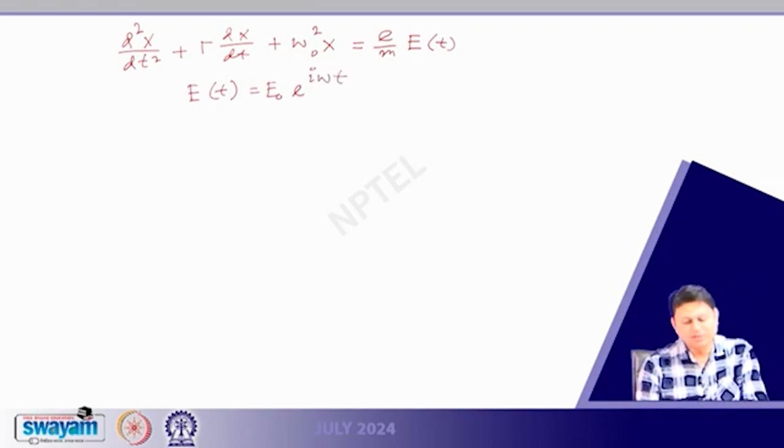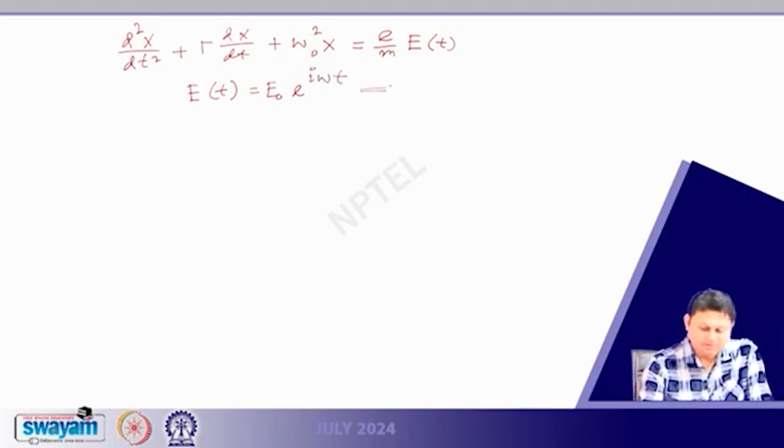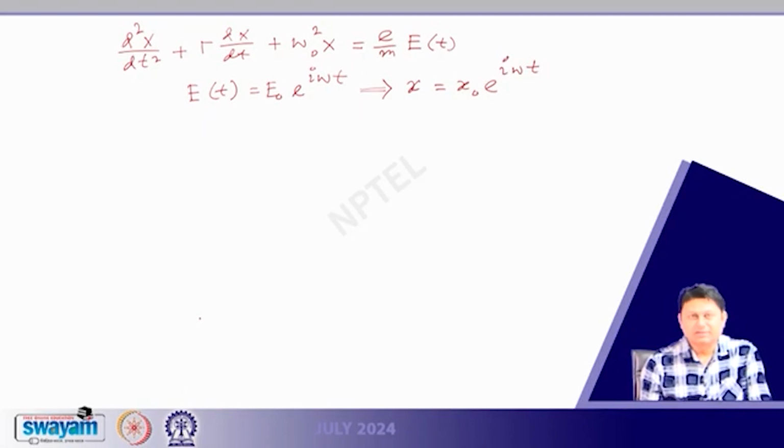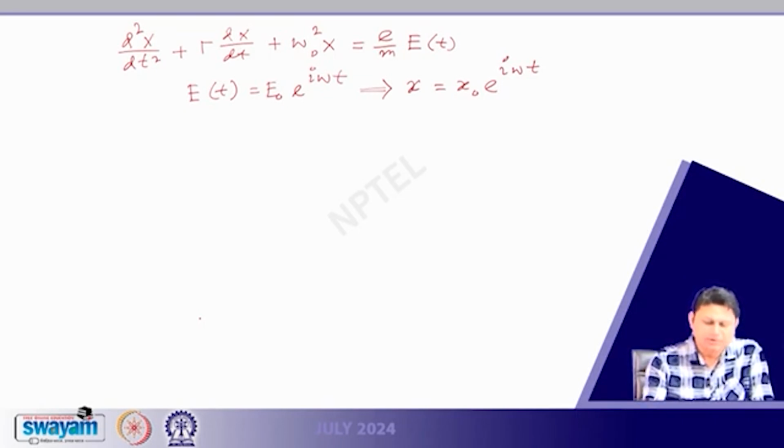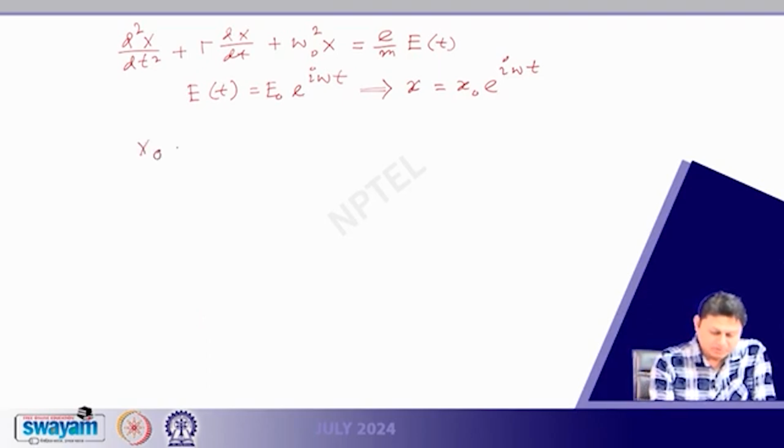So we assume that if that is the electric field, or the driving field, then the corresponding position x can also be written as x0 e to the power i omega t, in the same form, assuming that the dipoles are also vibrating with the frequency omega. So inserting this solution, assuming this is a solution to the differential equation, we can simply have